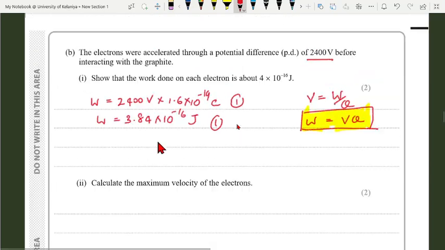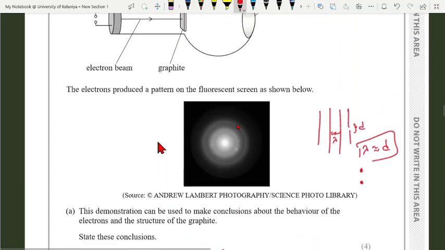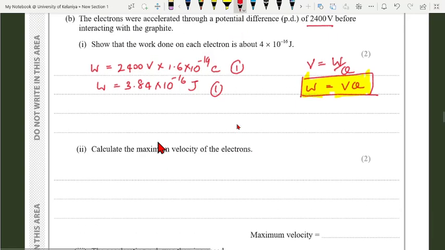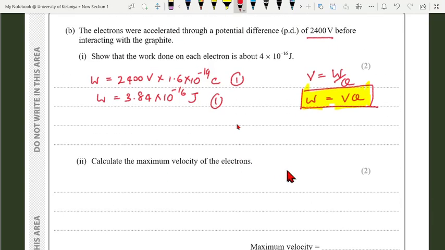Here the potential difference is 2400. So what we have over here is 2400. Here we have a positive and here we have negative. So if we have one electron, just for the sake of argument, while it is moving towards this positive plate, what happened? It is accelerating. So at this point it will have